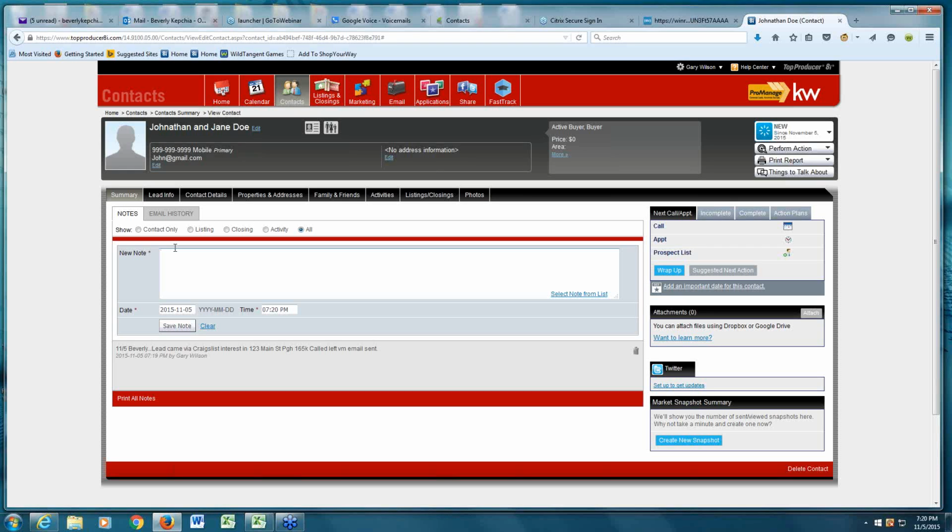So now we're not only going to update the notes, but remember where we had the very first box when we added him: new, engaged, future, active, closed. We're going to be able to change that as well. So let's say we haven't spoken to him yet, but we put him into the system. And right now what we'd like to do is add him to a drip campaign,